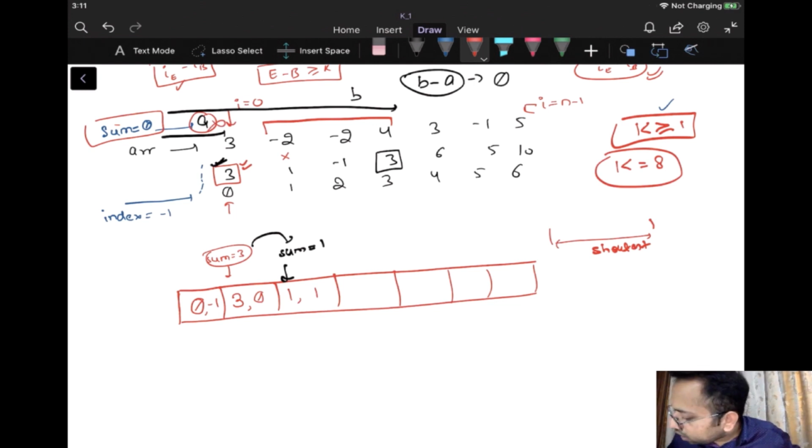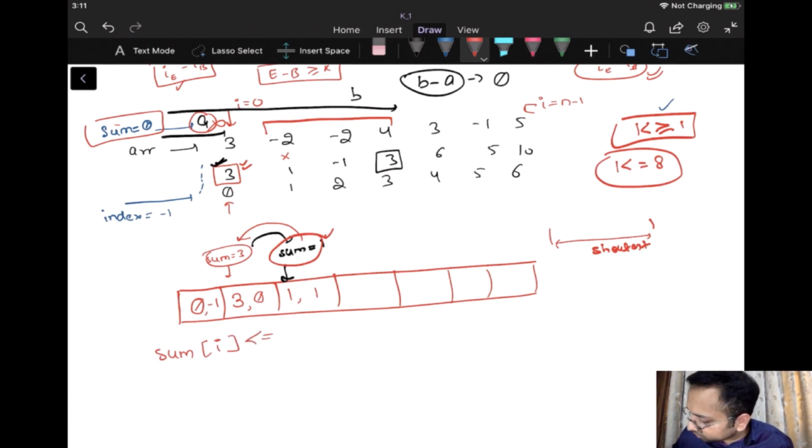So I'll remove the sum which is greater than this particular sum 1, right? So for every sum, let's say I am on the ith sum, if this is less than or equal to the sum that is stored earlier, what should I do?